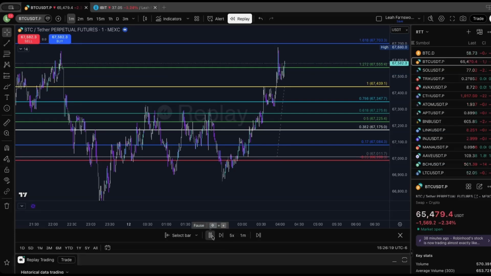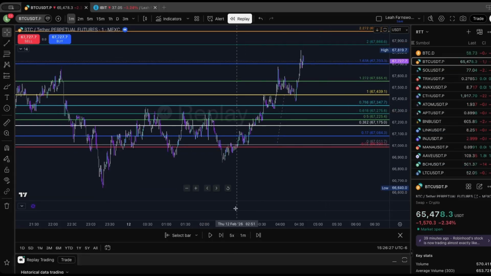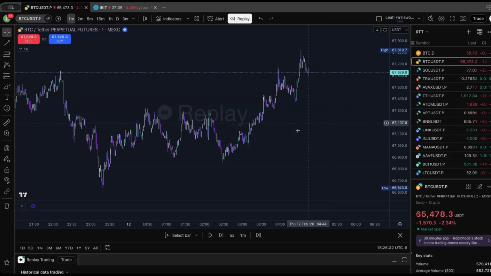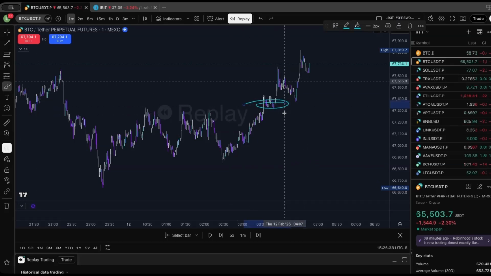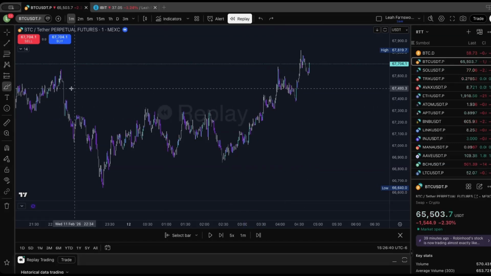Let's see if it actually hits it. So it did end up going up to our 1.618, maybe even a little higher. But that is how we would draw our fib in the middle of the trend. We only came down to the 0.786 level, which is fine. I'm going to show you how to line up these areas better with your fib and what you should be